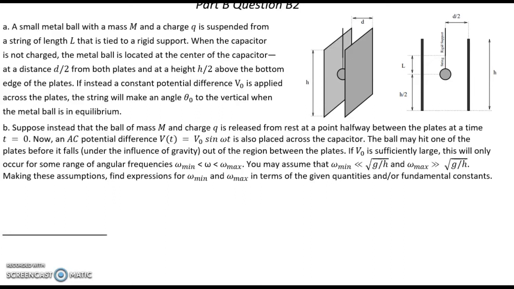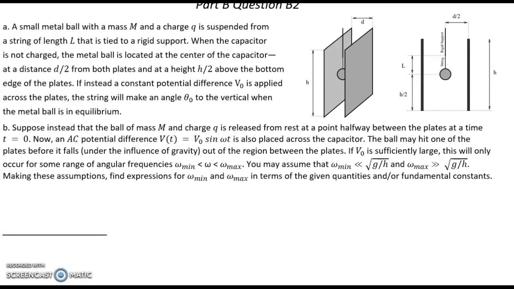The ball may hit one of the plates before it falls under the influence of gravity out of the region between the plates. If V0 is sufficiently large, this will only occur for some range of angular frequency